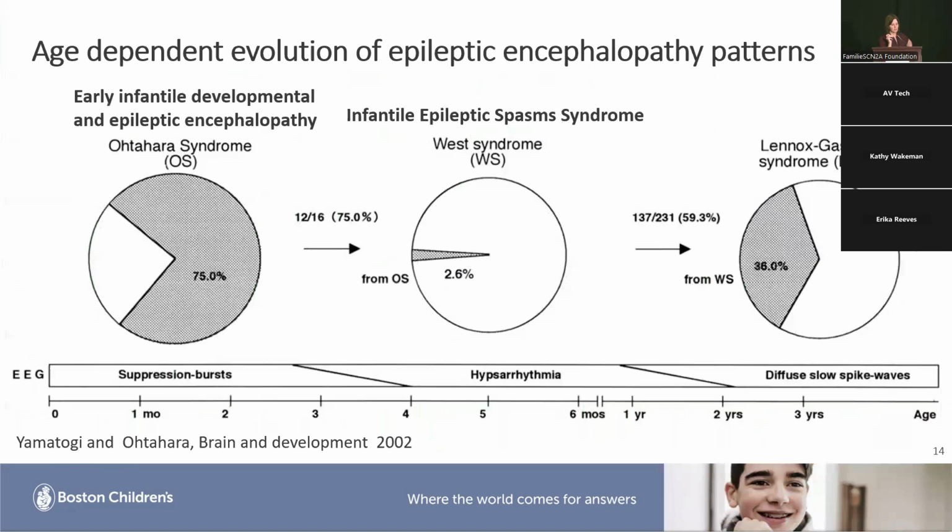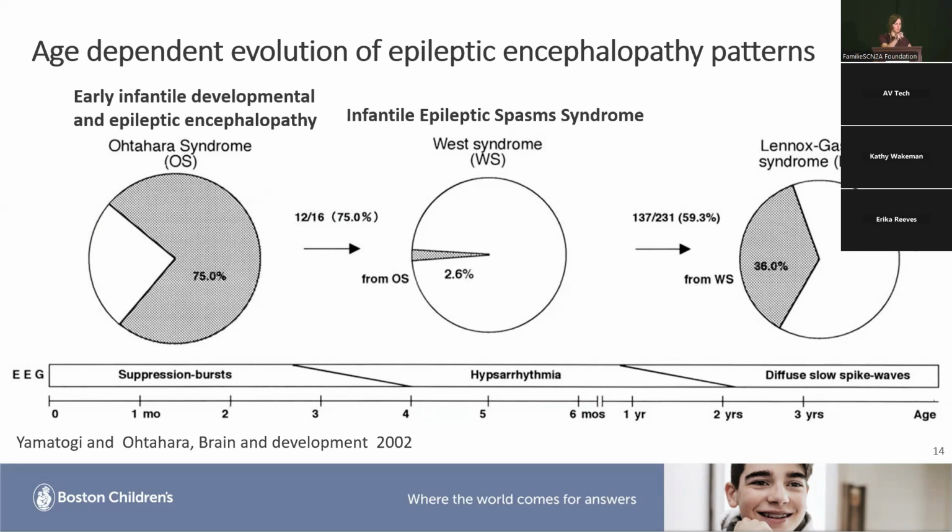So I mentioned that these syndromes are something that can change. On the far left side of the screen there are the early infantile developmental and epileptic encephalopathies. That's what we just talked about. Those present in the first 3 months of life, but you don't necessarily maintain that pattern over time. The burst suppression tends to go away and evolve to other patterns. So on the bottom screen are different EEG patterns that we might see. You might evolve into something called hypsarrhythmia, which doesn't have those periods of suppression, but it's also high amplitude and chaotic, and could go along with a seizure syndrome called infantile epileptic spasm syndrome.